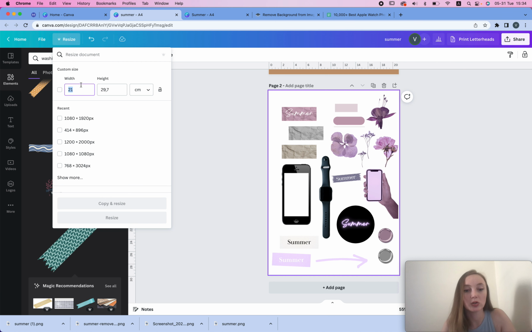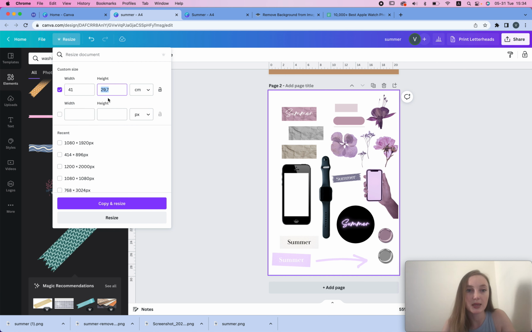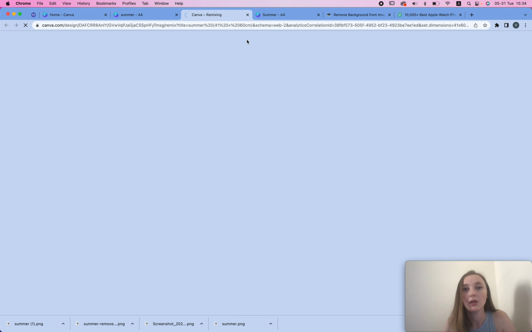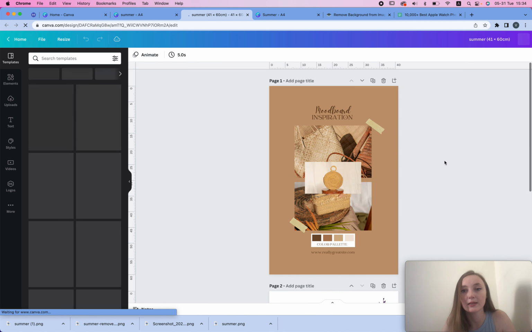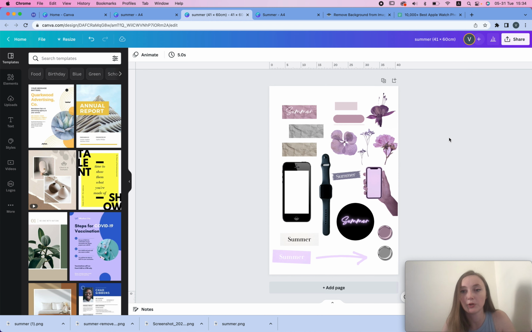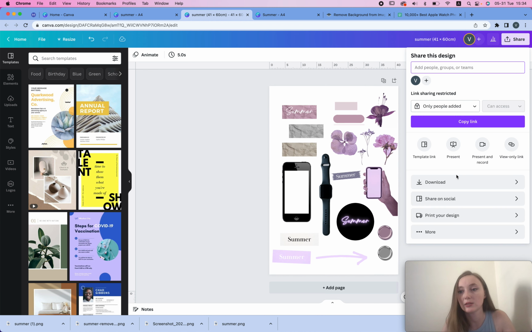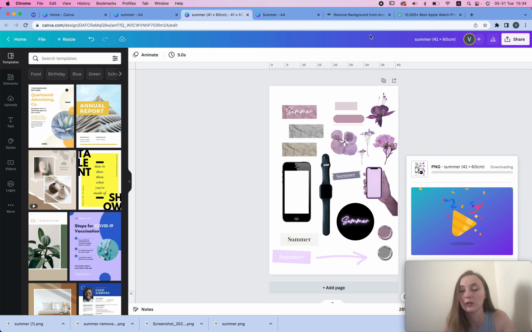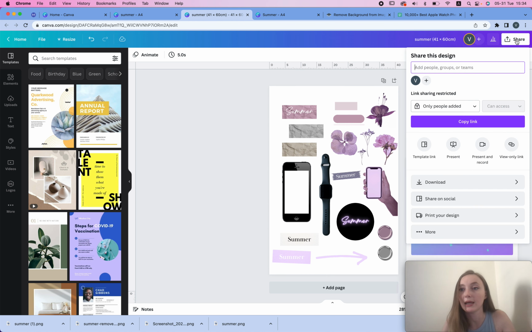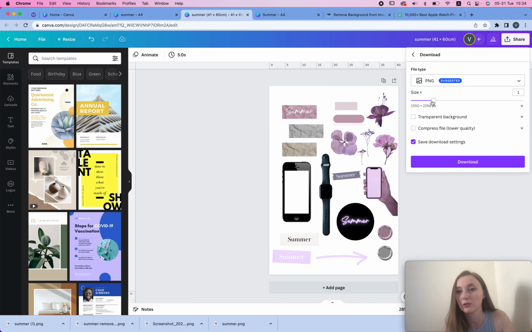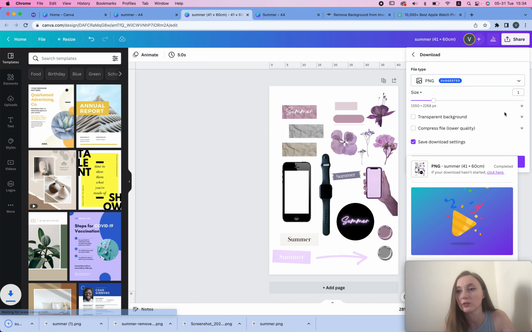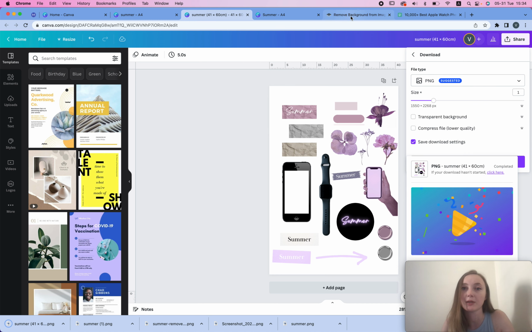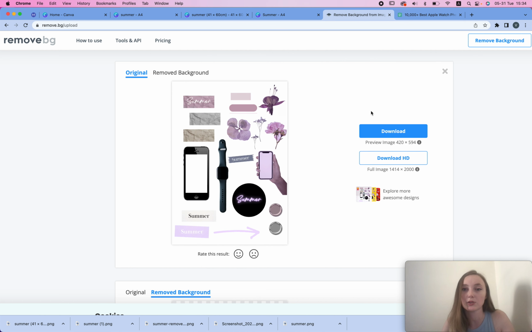So I'm just gonna go for 41 and then 29, 30, let's say 60. I'm gonna resize it, and now delete this moodboard. And now I'm gonna try this, download. Again, not choosing transparent because I'm gonna, and again, another thing is that when you download, you can actually increase, oh, it's only for Pro. Okay, never mind. Okay, so we go here, we go to original, and